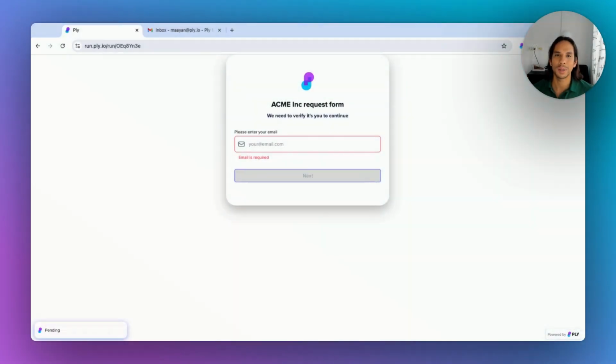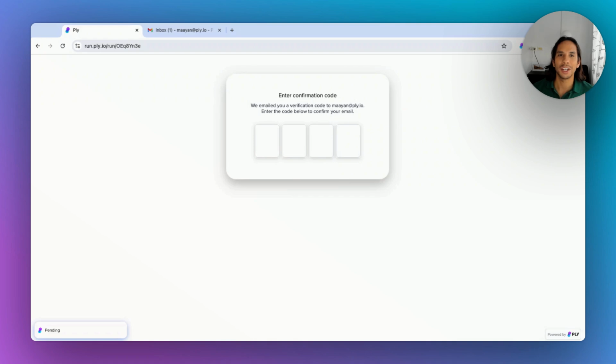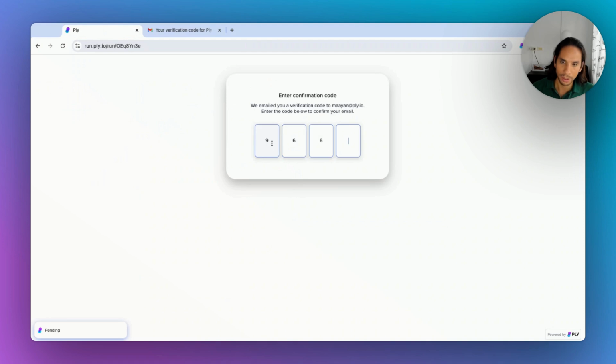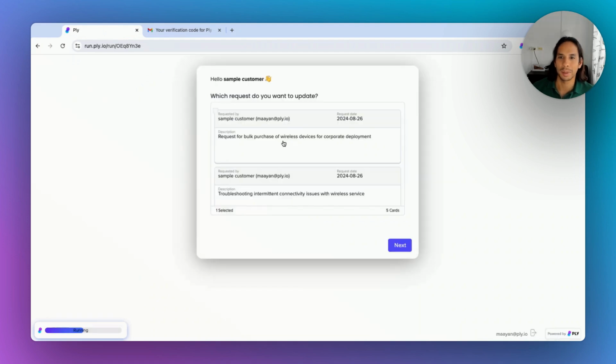Acme Inc.'s request form is a portal powered by Ply that has email authentication enabled. So before I'm able to use it, I have to enter an email address. When I hit next, I have to enter a confirmation code that I just received by email. So here's my verification code, and when I enter it here, the portal proceeds to the next steps in the workflow. So now that Acme's verified that I am who I say I am, they can display to me